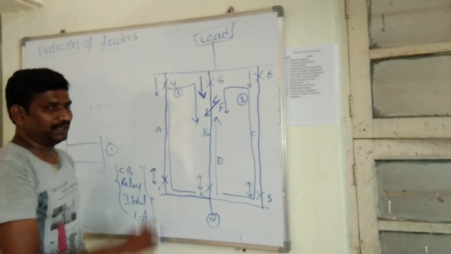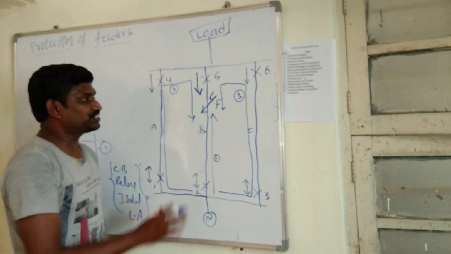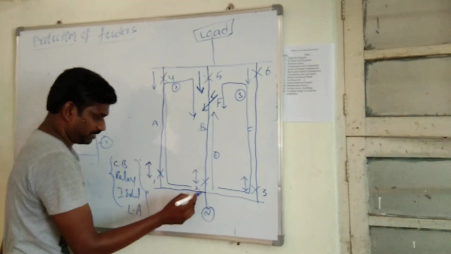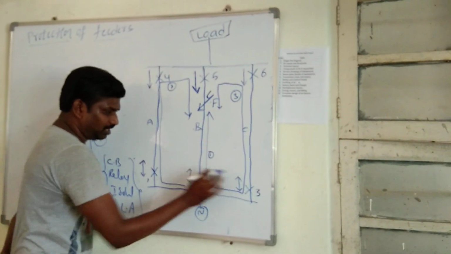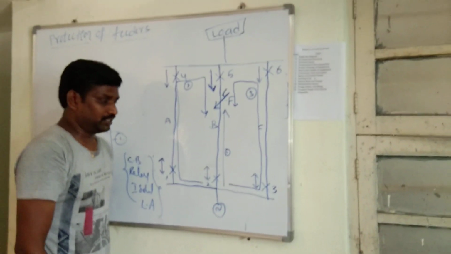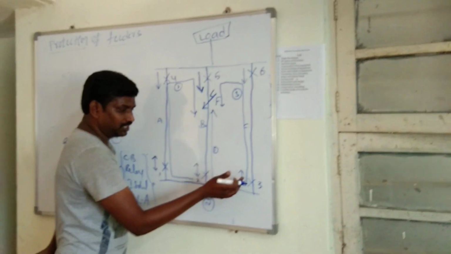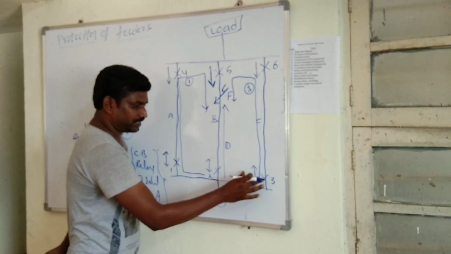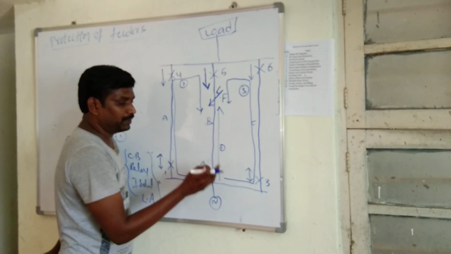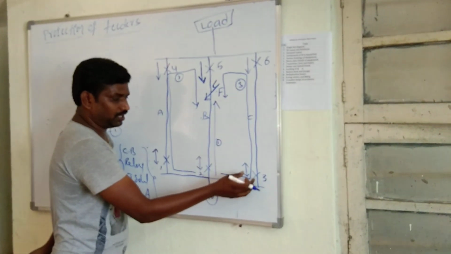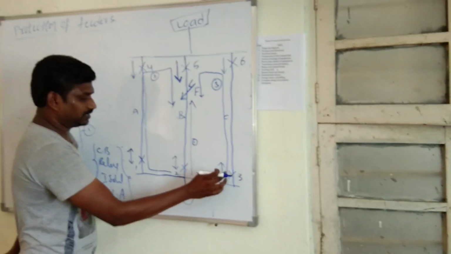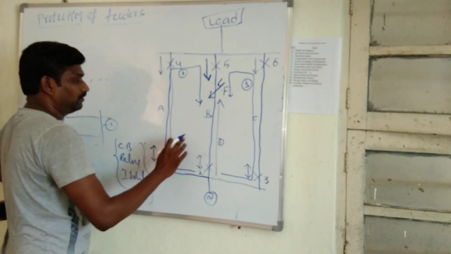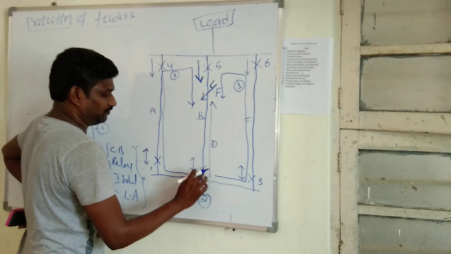There are 3 paths, and in these 3 paths, which relays are operated and which relays are not operated? Already, at the source end these 3 relays are non-directional relays, so these 3 relays will be operated, because the magnitude of fault current will be more than the pickup value, that is, more than the preset value. So relays 1, 2, 3 will be operated.